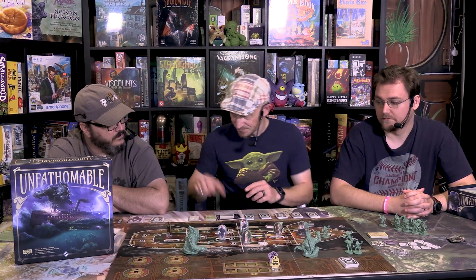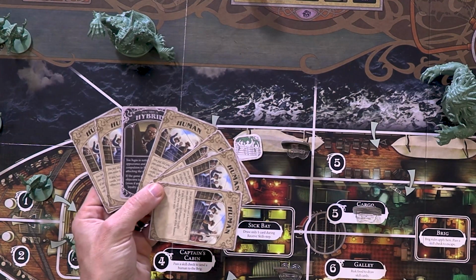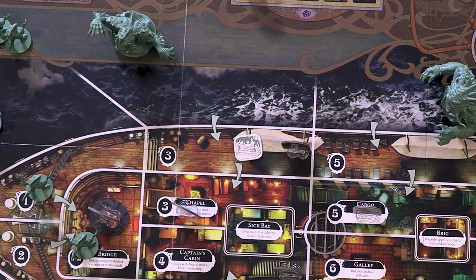All of this is important because to start the game, this is a 3 to 6 player game. Everybody's going to have these loyalty cards, and depending on player count is going to determine how many things are mixed in, how many humans versus how many hybrids. The hybrids are a hidden traitor. They realize that they are becoming a deep one, whether they've known all along or they're just now realizing. And that's important because as we move